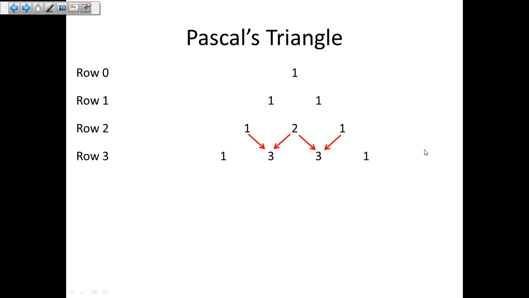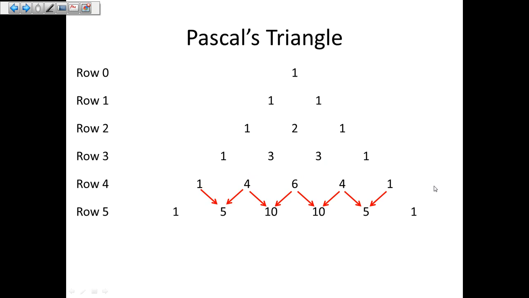Let's take a look at row 4. Again, beginning and ending with 1, and the 3 numbers in between are the sum of the numbers above. So 1 plus 3 creates this 4, 3 plus 3 creates this 6, 3 plus 1 creates this 4. Here's row 5,